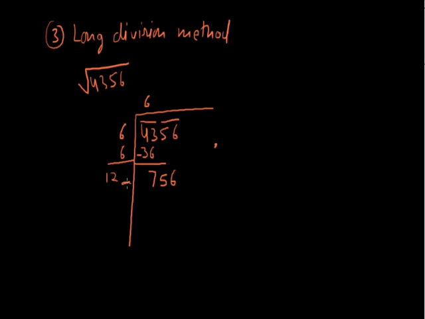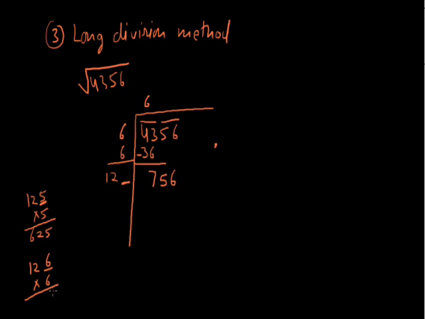Now in this blank I have to fill a number such that, let's say in this blank I write 5, so I have to multiply this number by 5 only. So when I multiply 125 by 5, I get 625. So 756 is more than 625. So I have to think of a bigger number in the blank place. So instead of 5, let's say I write 6. So I have to multiply by 6 only because I am writing 6 in the blank.